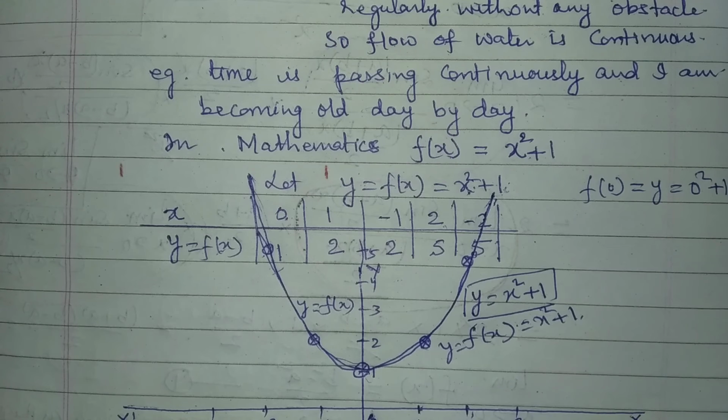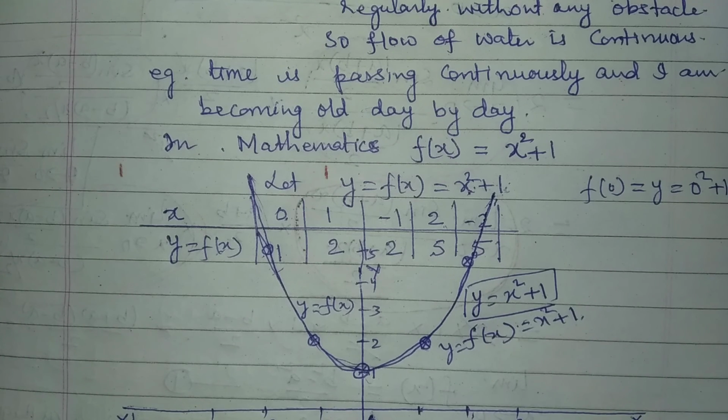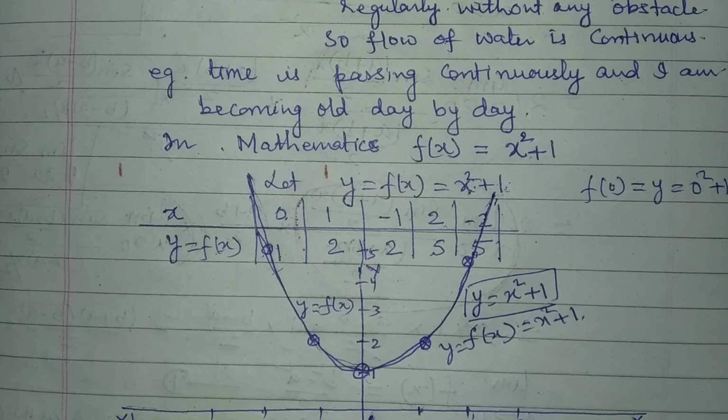So now we are coming to the next example to explain more about the graph, so that you will understand where the function will be continuous and where the function will be discontinuous. So now we are coming to the next graph and next function. Now see here,